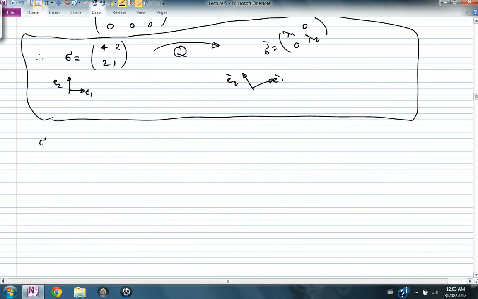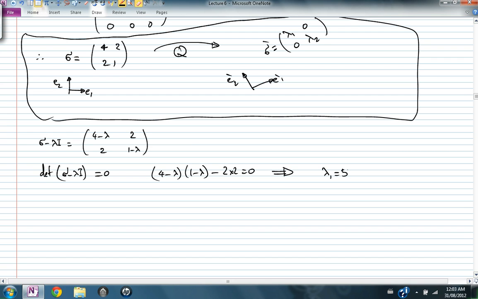I need to form the matrix sigma minus lambda I. This is equal to [4 minus lambda, 2; 2, 1 minus lambda]. I want this matrix to be not invertible, so I'm going to take its determinant and make it equal to 0: (4 minus lambda)(1 minus lambda) minus 2 multiplied by 2 equals 0. From here, you'll get that the first eigenvalue is 5, the second eigenvalue is 0, and if you substitute